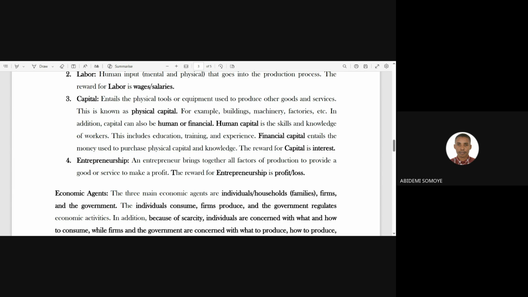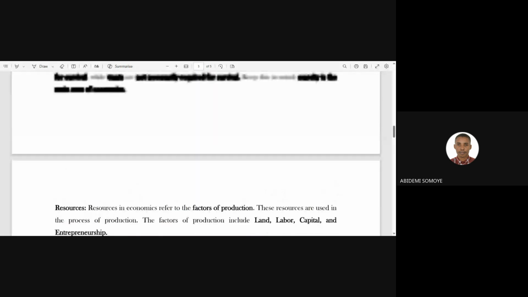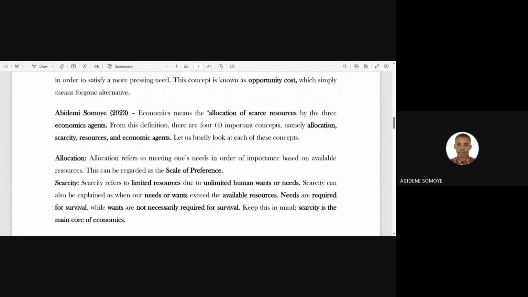And entrepreneurship. An entrepreneur brings together all factors of production to provide a good or a service to make a profit. The reward for entrepreneurship is profit or loss. Okay, so that is the concept of when I defined